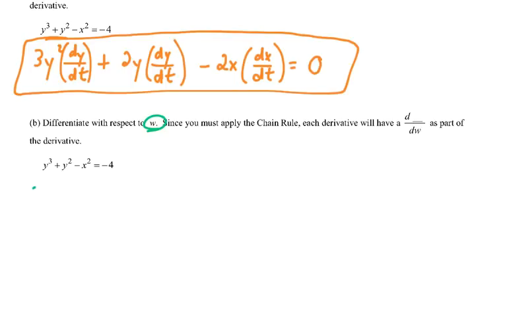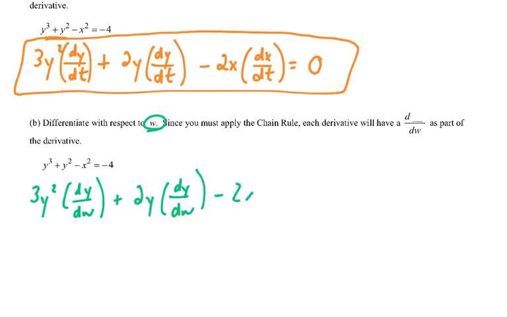So it would be the same process where we would do 3y squared dy dw. And yes, it matters. If we tell you to take the derivative with respect to a specific thing, you have to make sure that you have that variable there. So this again would be dy dw. This would be minus 2x dx dw